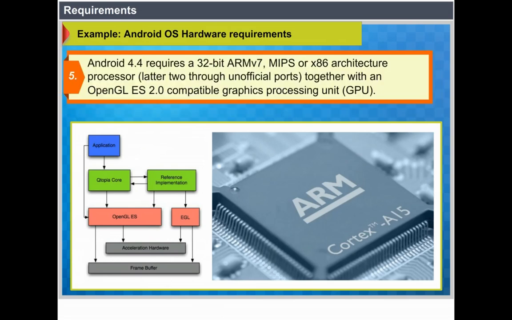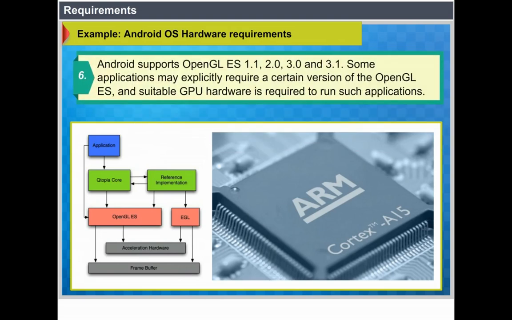processor. Android 4.4 requires a 32-bit ARM v7, MIPS or x86 architecture processor, the latter two through unofficial ports, together with an OpenGL-ES 2.0 compatible graphics processing unit (GPU). Android supports OpenGL-ES 1.1, 2.0, 3.0 and 3.1. Some applications may explicitly require a certain version of OpenGL-ES, and suitable GPU hardware is required to run such